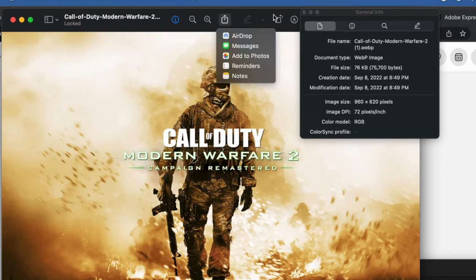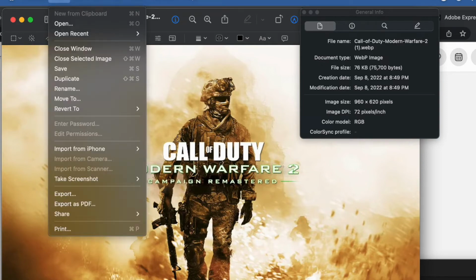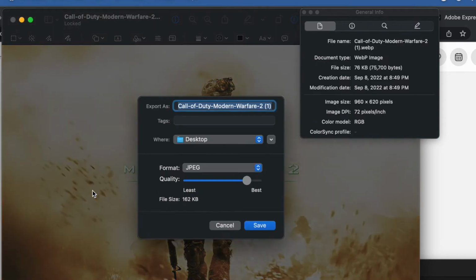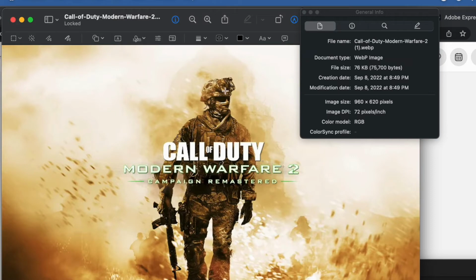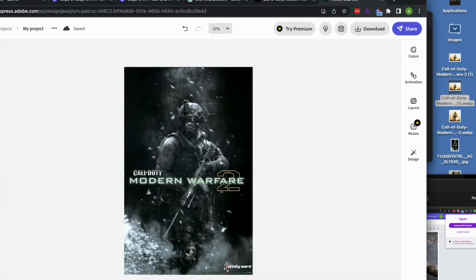And then if this is something that you really want, I think you should do this: you just convert it from a web page and export it as a JPEG instead, and then it works, and it's pretty cool. And then at this point, you can just drag that JPEG into your actual Adobe Express thing